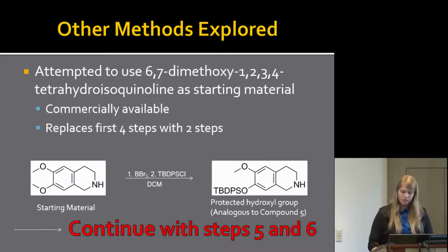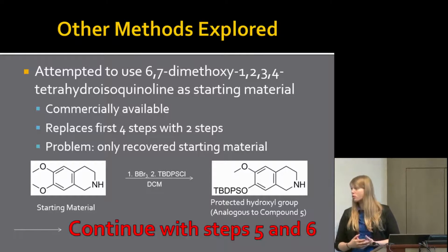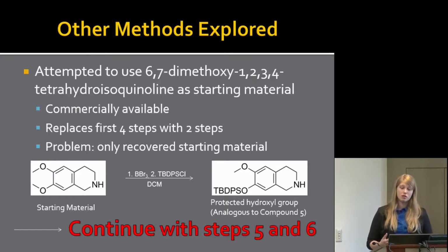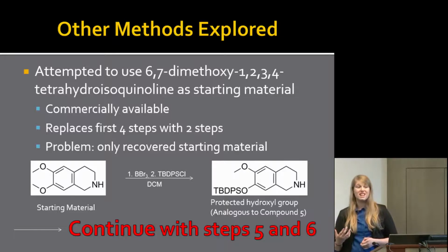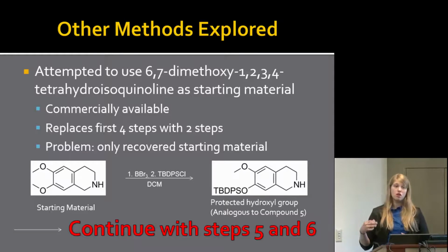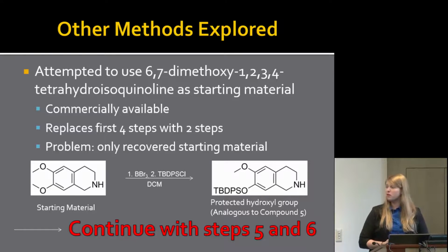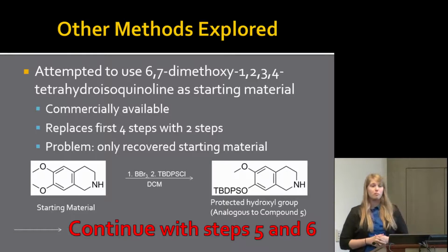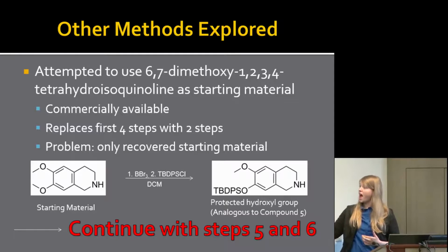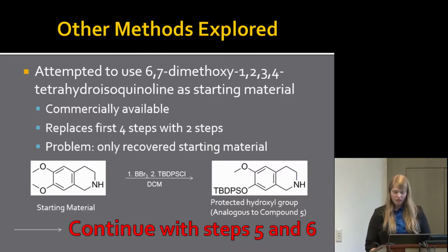and theoretically much easier. However, we encountered some problems, that we were only recovering the starting material from our reaction mixture, which meant that the reaction wasn't actually occurring. So we think this is because our starting material wasn't actually sold as seen on the screen here. It was sold as a protonated salt version of it. So it was an NH2 plus there, and that makes it pretty insoluble in any organic solvent that we would be using, and it makes it so it's not easy to react with. So we went with our better known chemistry. The lab that I'm working in has already done many steps of that synthesis, so we knew what we were working with, and that's the 6-step synthesis is what we proceeded with.